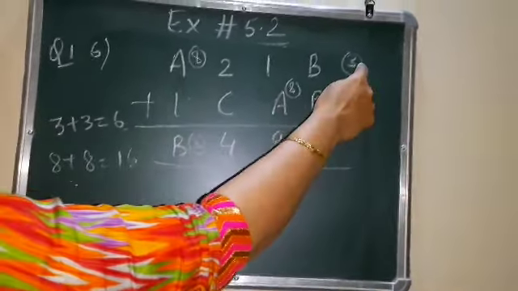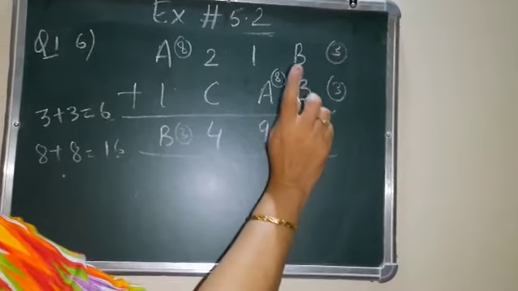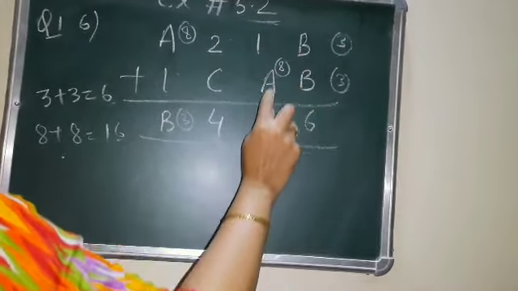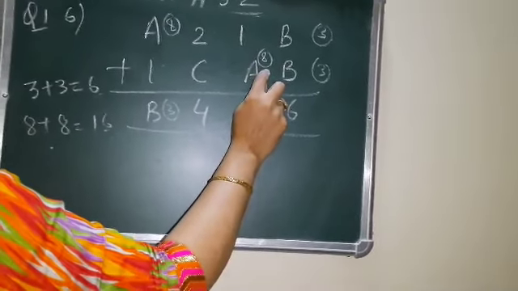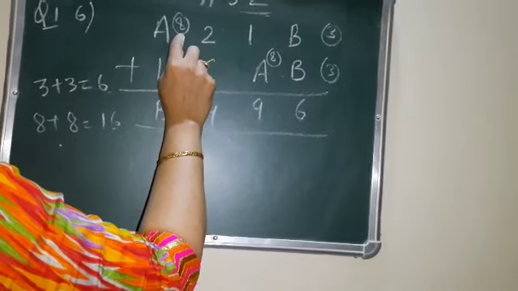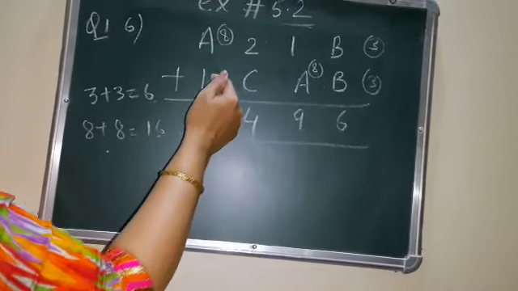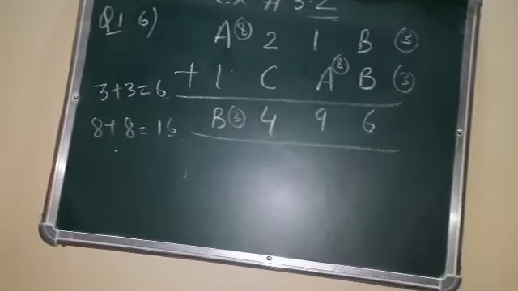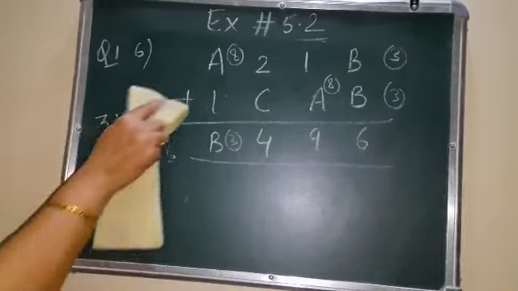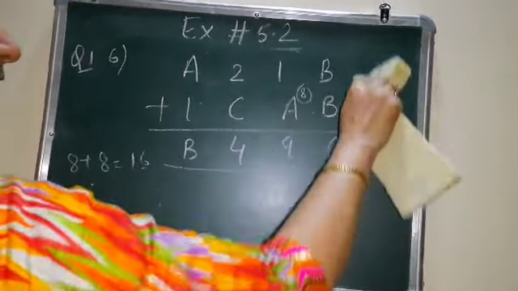So first I have tried with 3. So when I tried with 3, it is 3 plus 3, 6. Got the answer. 1 plus dash is 9, 1 plus 8 is 9. If I am putting A as 8 here, I have to put A 8 here also and my B should be 3. So I have checked here. 8 plus 1 is 9, but here I am getting 3. So that means this combination of 3 plus 3 is rejected. We cannot put it. So I am just rejecting it.